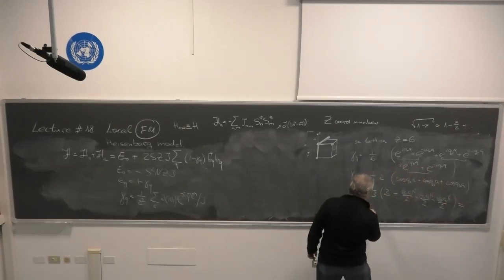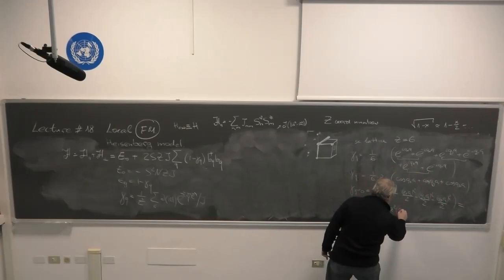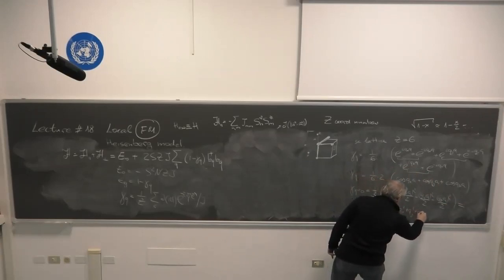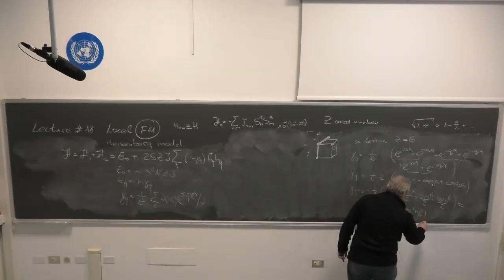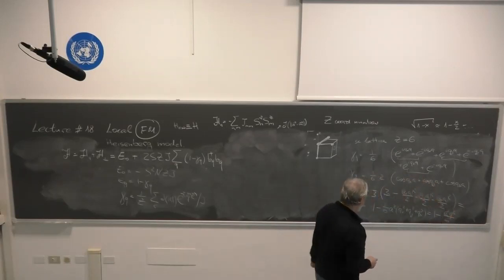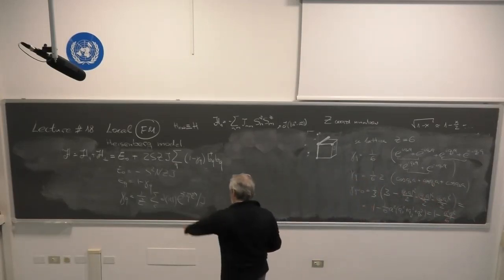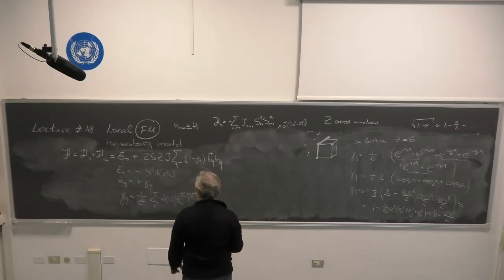This is equal to 1 minus 1 over 6 a squared (qx squared plus qy squared plus qz squared). So this is equal to 1 minus a squared q squared over 6. Okay, so therefore, if we look at our dispersion,